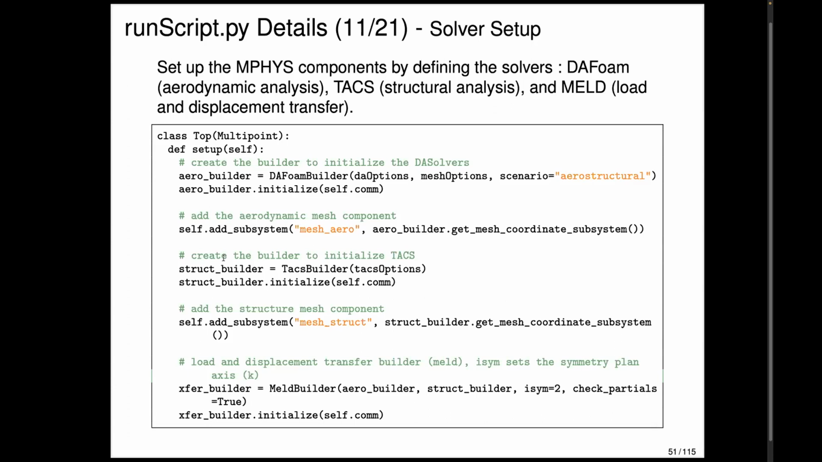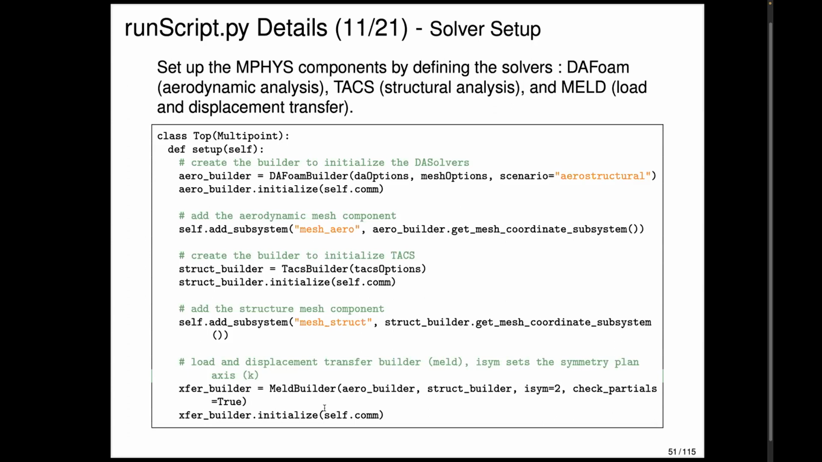So we take the structural builder and we define the TACS options, and we initialize it, and then we get the structural mesh, just like we did for DAFoam, but in this case for the structural side instead. And finally, the coupling between the two is this transfer scheme, which is using MELD as we defined earlier. And this MELD builder takes in the aero builder, the structural builder, what direction is your symmetry plane, and then you initialize it. And now you have the aerodynamic component, the structural component, and the communicating component between the two